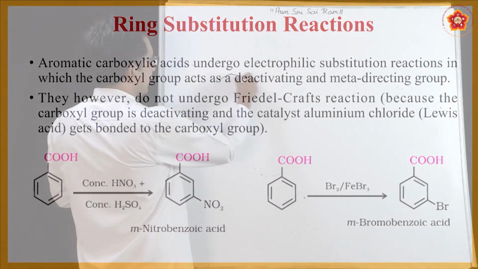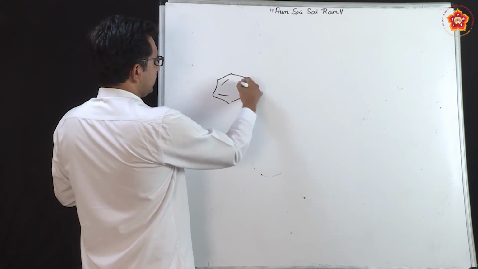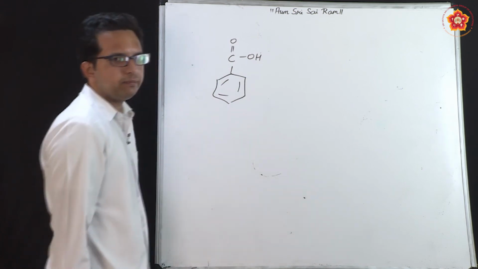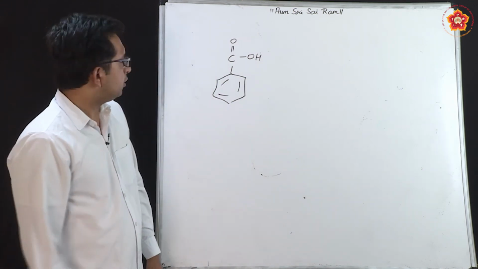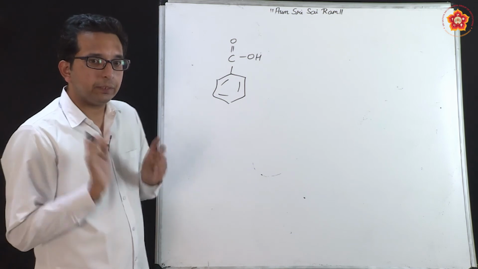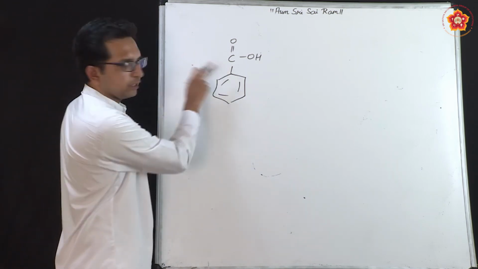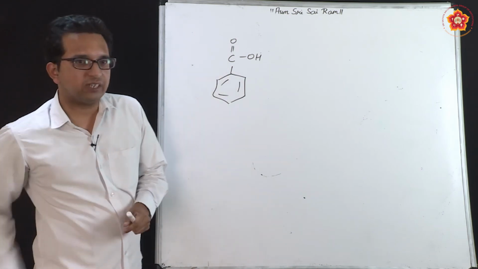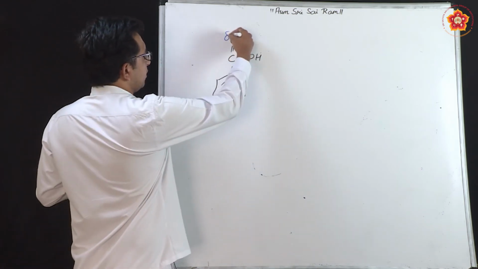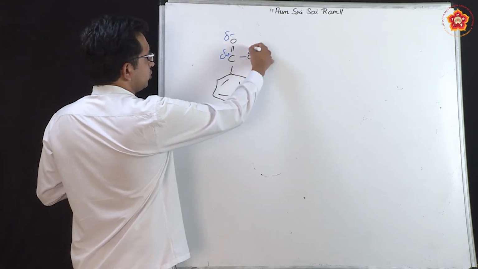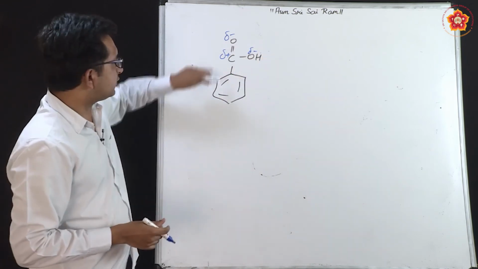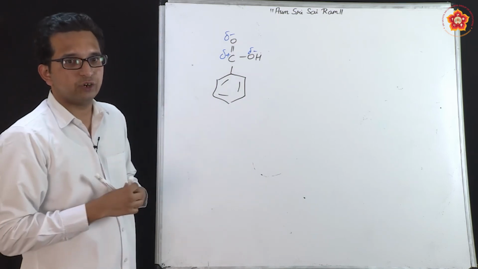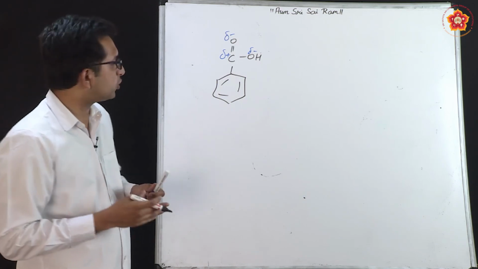So, the moment I take benzoic acid, the first thing I need to analyze is whether it is ortho-para directing or meta directing. That can be analyzed very easily depending on who is attached to the benzene ring. So, carbon is attached to the benzene ring, and we know very well that the charge separation in these cases is delta minus, delta plus. This is also delta minus, fine. So, if this is delta minus, it can never be electron donating; it will rather be electron withdrawing in nature.